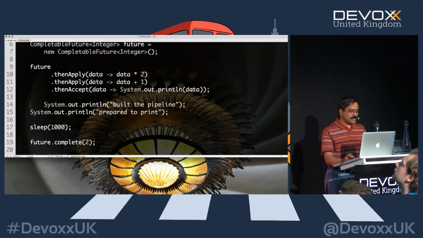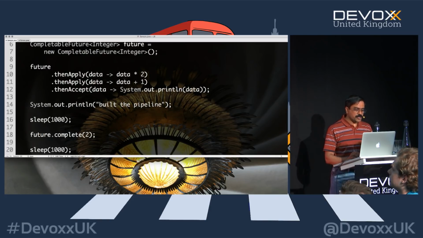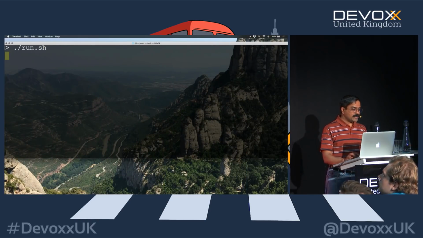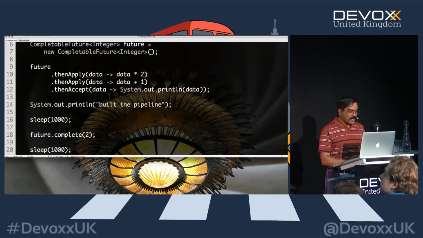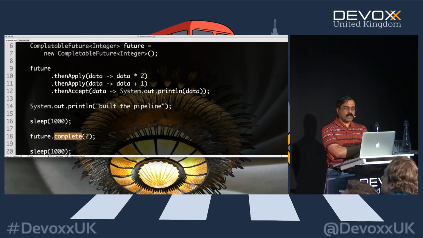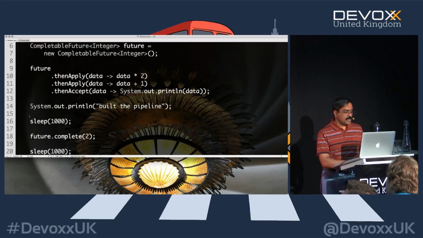So we build the pipeline, but we take a little nap right here, and then we call the complete on this particular future and pass the data. Let's see what's going to happen this time around. So we want the result of a 5 to be printed, isn't it? So right there it says 5. So what's going on here? So we took the future that got created right here. On that initial future, we are completing the call to it. And then this pipeline applies the transformation and prints it. You got to be careful where you connect to, because the result of this, you're appending to that and you are printing this out. And then, of course, we complete the future, pushing the data through the pipeline.